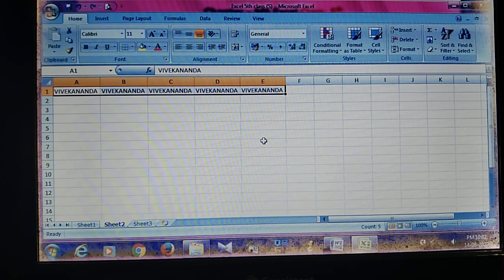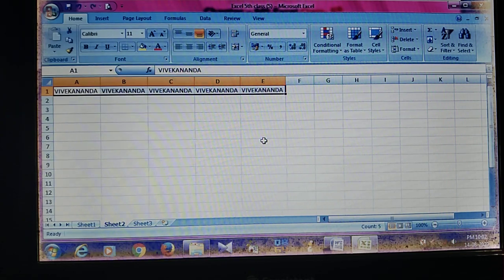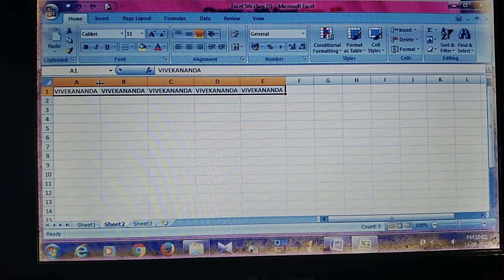Double click on each point between the two columns, between A and B, B and C, C and D, and D and E.